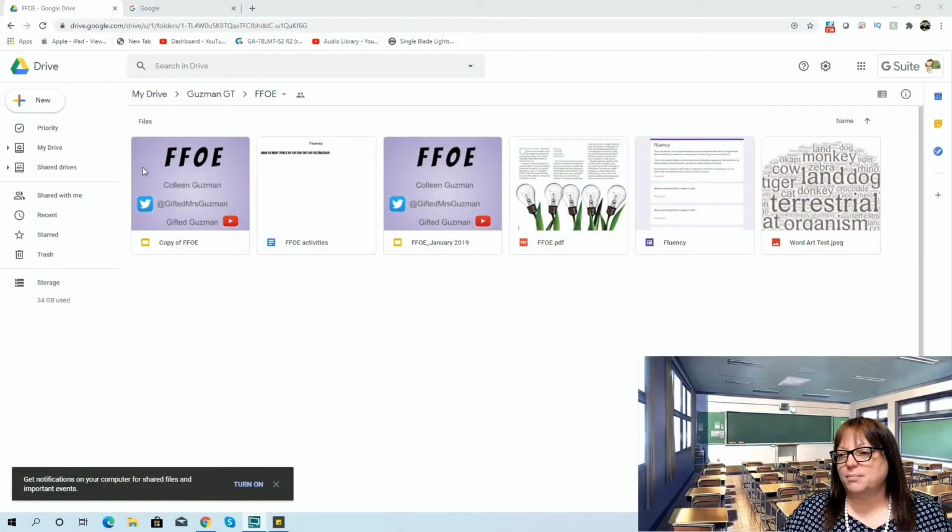This is my Google Drive. You should all be familiar with your Google Drive at this time. This happens to be my FFOE folder that I'm in so that you guys can see the folder. But what I really want to show you at first is how to use Google Forms. Google Forms is a great way for students to make lists, and then it can compile the lists for you